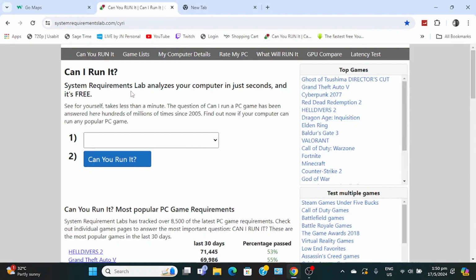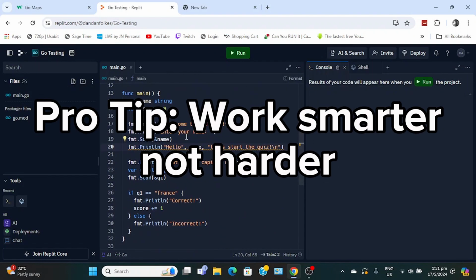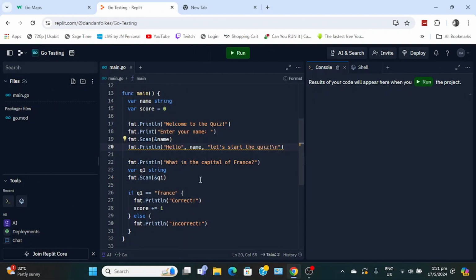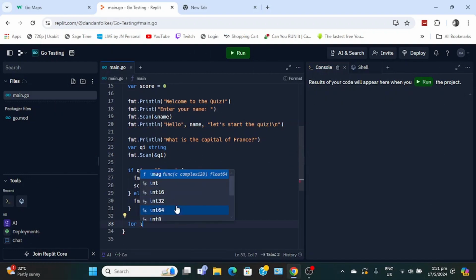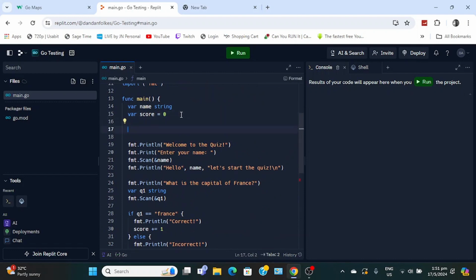So I wonder if there's a smart way to do this, like just loop it instead of having if statements. So for i equals 0, i less than 3. I want to have an array though, an array with the questions. So I guess we can do questions, and then questions equals map.